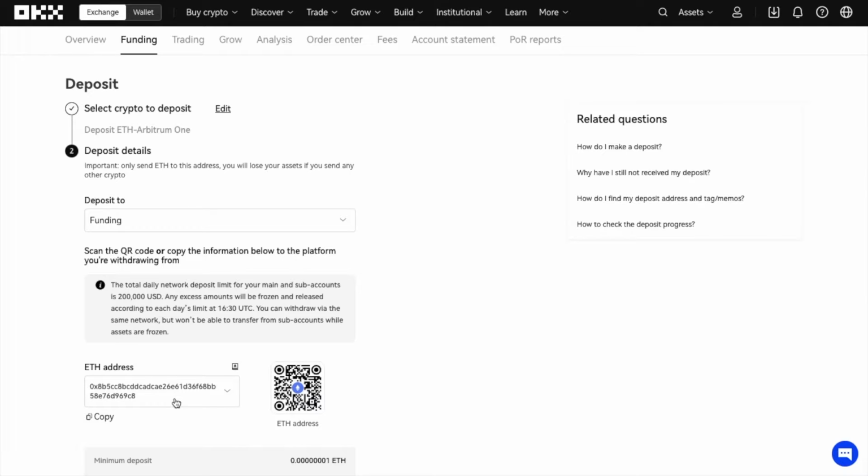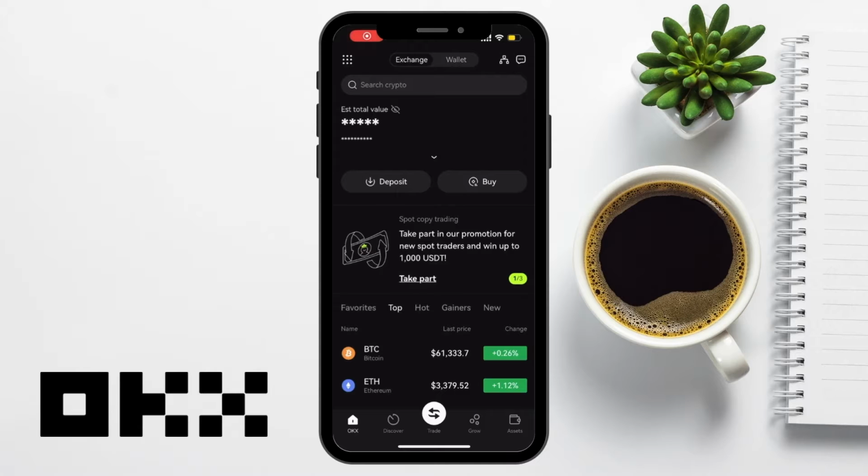Next, let's take a look at how to find your wallet address on the OKX app. First, we're going to start by opening the OKX app on your smartphone. If you're not already logged in, you'll need to enter your credentials to access your account. Once you've logged in,